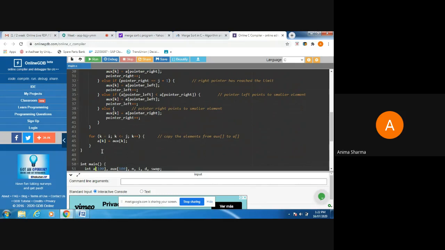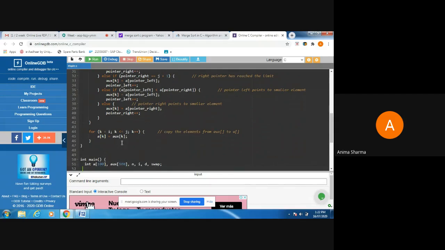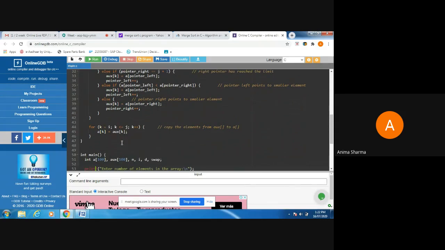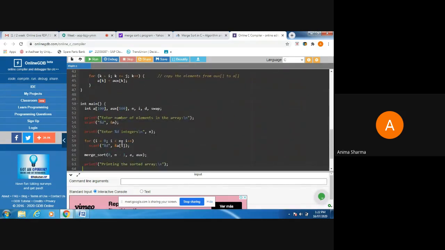For that purpose, we have to open a loop for k equals i, k less than j, k plus plus, and a k is equal to aux k. Finally, that is moving. Now all this is the function part, in which the definition of the function is written.